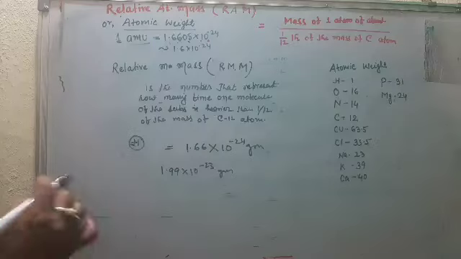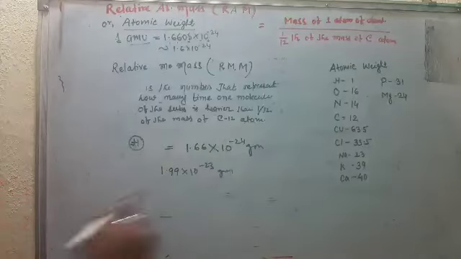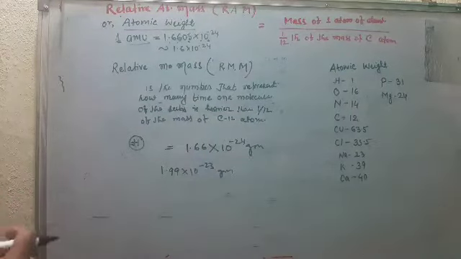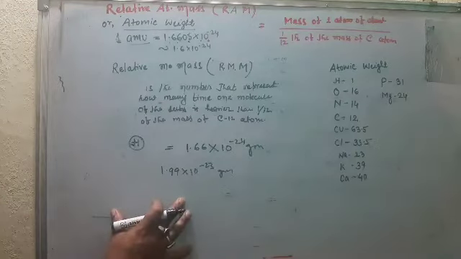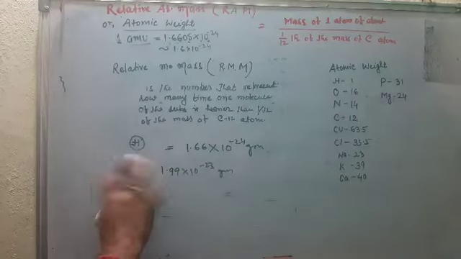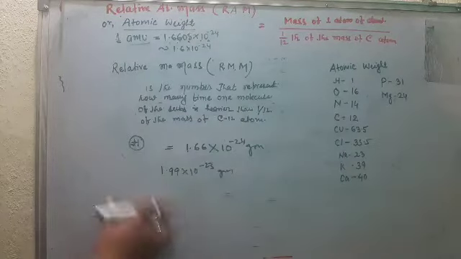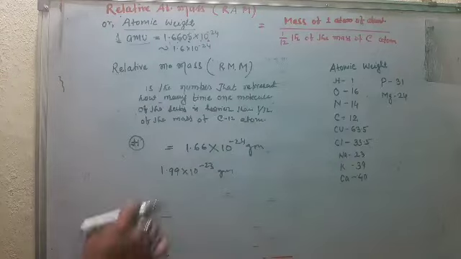As these masses are too small, it is not convenient to use kilogram, because it is 10 to the power minus 23, minus 24 grams. So it is very difficult to convert into kilogram because they are too small. Therefore, it has been considered appropriate to use a mass of some standard atom as the unit and then relate the masses of other atoms to it. The resulting masses of atoms are thus known as relative atomic mass.